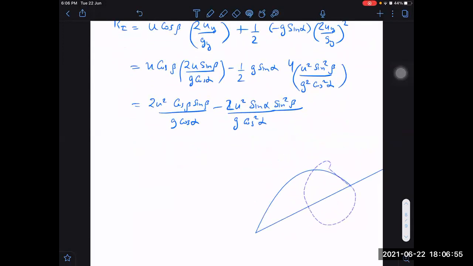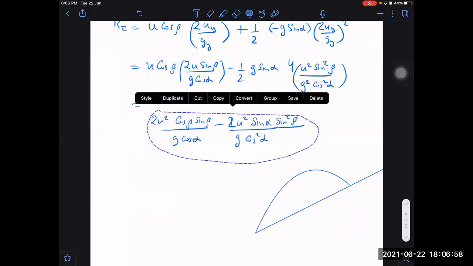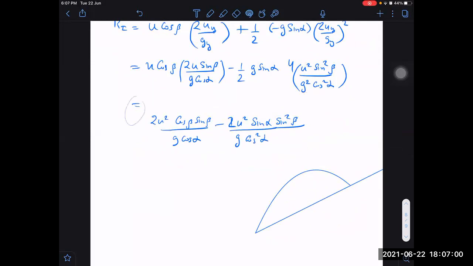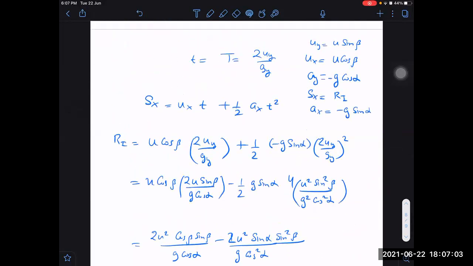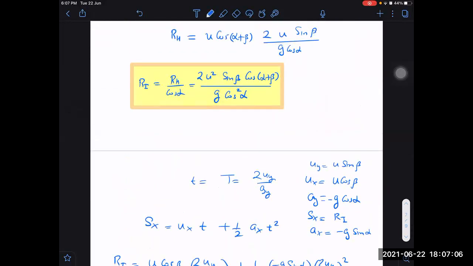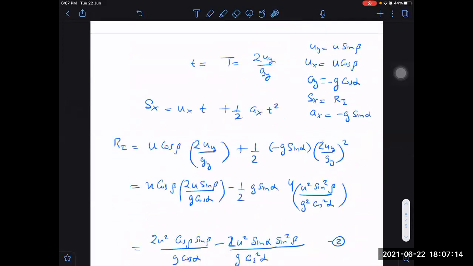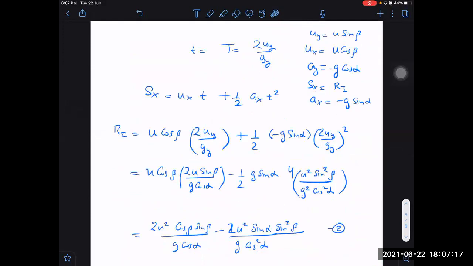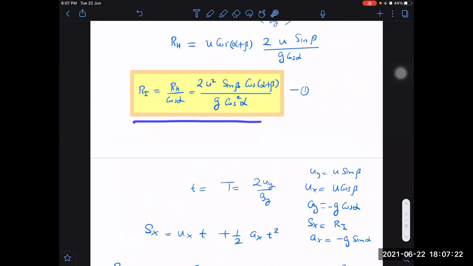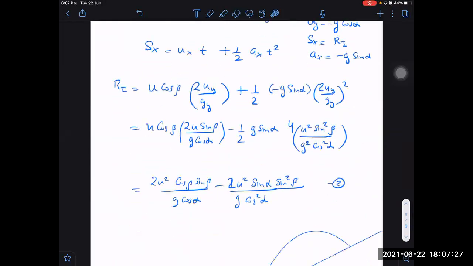Yes, sir. Now, you know what is interesting? If we have not made any calculation mistake, then I am sure that both of these answers are the same. Trigonometry is sometimes really strange and interesting because of this. It is challenging to prove sometimes, even if we know we are getting the answer. Let us say there are 4 options given. In one option, they give this as the range along the incline. In another option, they give that. The person who does it by this method will take this answer, and the person who does it by that method will take that answer. But nobody will be able to tell that these are the same. Can you prove that these two are the same?